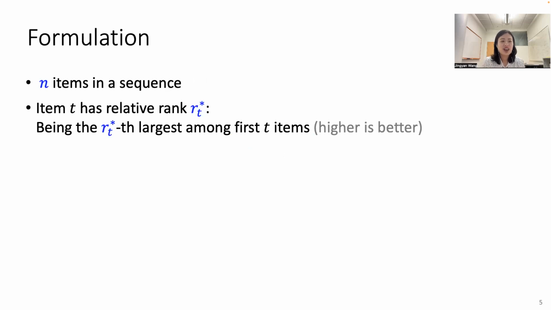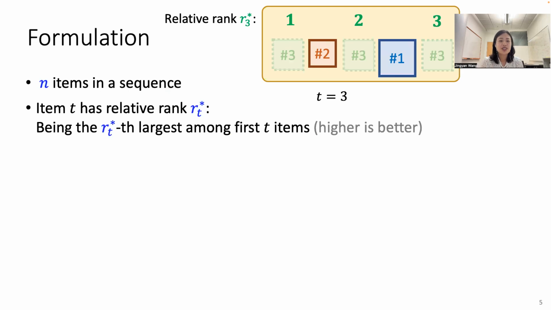Mathematically, we assume there are n items in total. We say item T has a relative rank of R_T, which means this item is R_T's largest among the first T items so far. Here, we assume a higher rank means the item is better. For example, let's consider time step 3. If the third item is below both item 1 and 2, then its relative rank is 1. If it's in the middle, the relative rank is 2, and if it's higher than both, then the relative rank